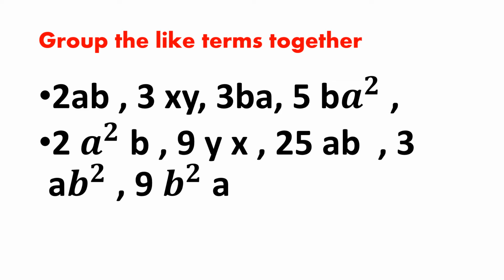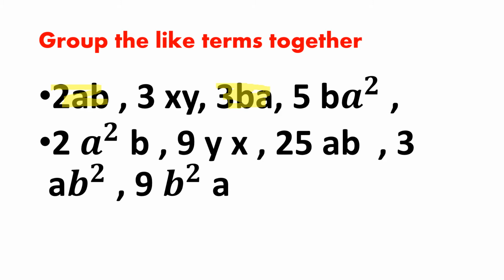Okay, so when you have the same literal coefficient, we say that they are like terms. So I'll just find out which are the like terms. AB. So see, we can select AB. Now anywhere AB is there, see, this is BA, but A into B is the same as B into A. Okay, so 2 into 3 is the same as 3 into 2. Same way, so these are like terms. AB and BA are like terms. But here you can't say, because BA square is there. What does square mean? It means A is written 2 times. So this is BAA. So that is not a like term.